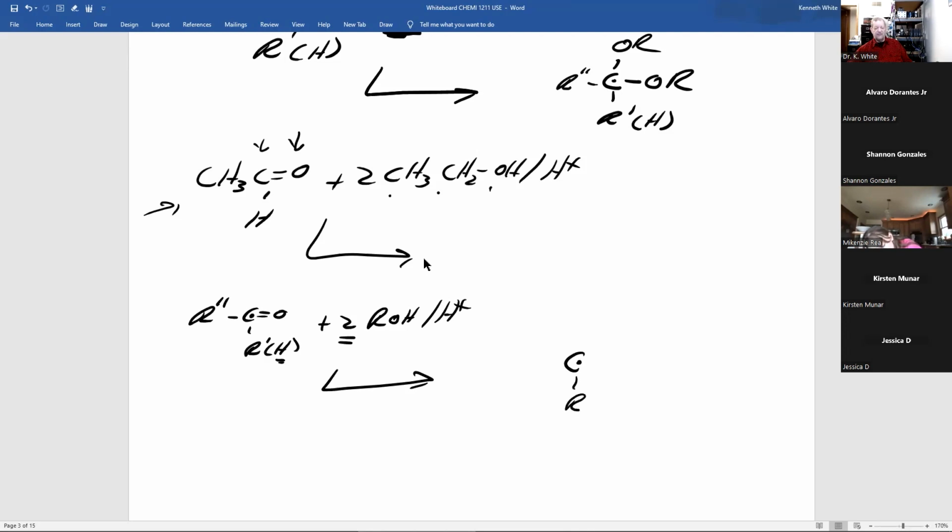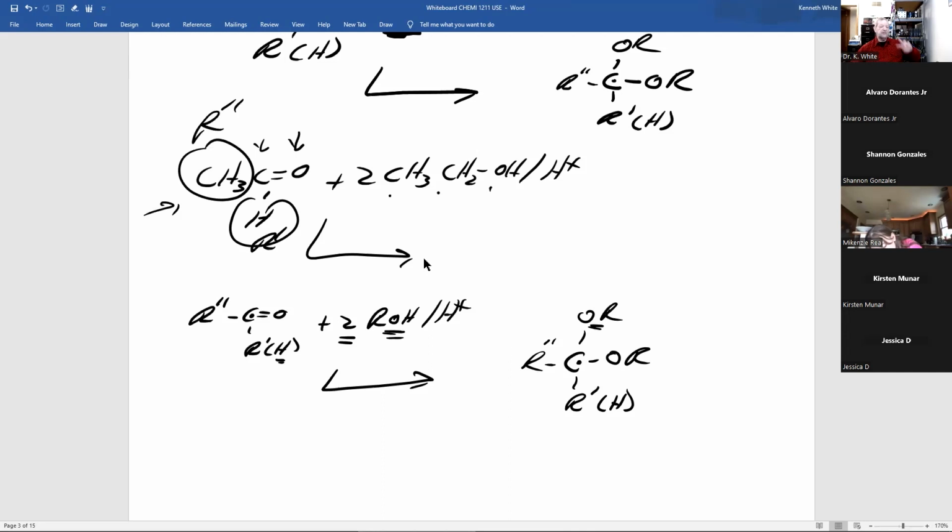What's attached to this carbon stays attached. And to that carbon, you get 2 ORs. The carbon with the hydroxyl group is the carbon this oxygen is bonded to. So if we come up here, R prime, R double prime, you can switch them, it doesn't matter. I call this R double prime or H, but I tend to write it this way.